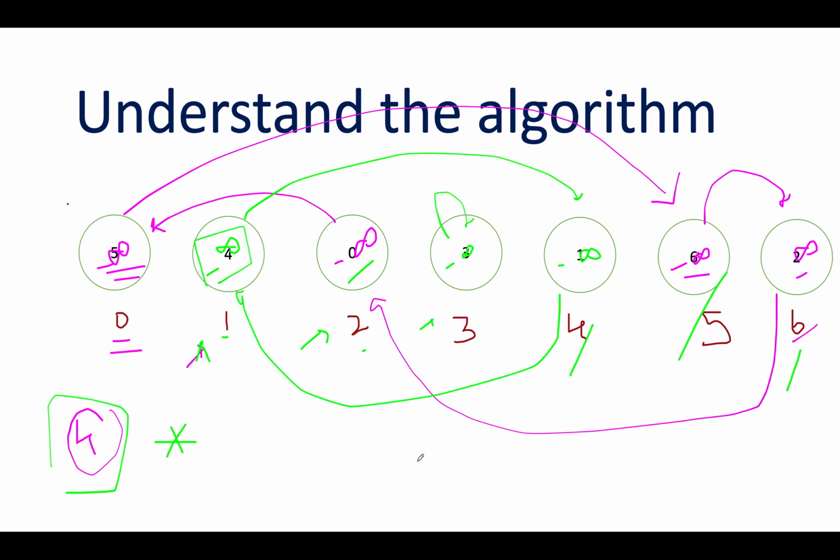The time complexity of this approach is order of n and the space complexity of this approach is constant space because you are using the same input array to keep track of visited nodes. Without much ado, let's look at the coding section and I hope you got the complete algorithm.